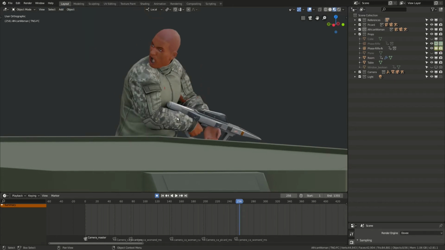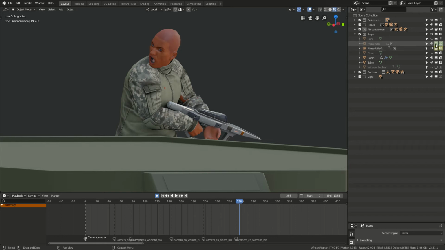I had to switch to FK to animate the swing that he does with the rifle. So what I needed to do is create two copies of the rifle. One is parented to the IK hand bone, and one is parented to the FK hand bone, and then I animate